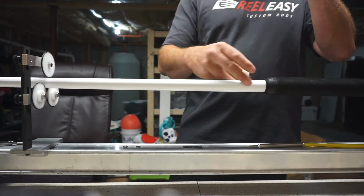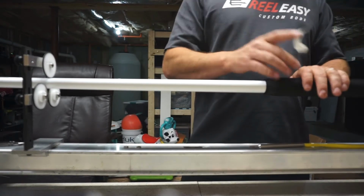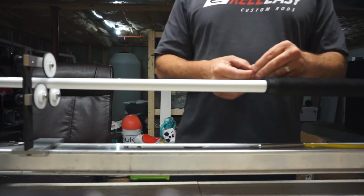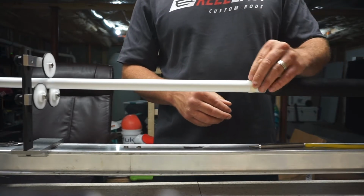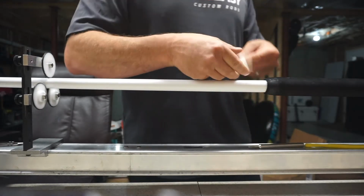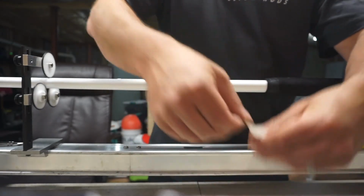Alright, Hank, this is how we're gonna do the spacing for the tuna tail or scales pattern on the Trident. So we're just gonna take a piece of tape about the 1-inch mark and wrap it around. I've already cut this one, so normally you just wrap it, cut it, and peel it off, and then you take it